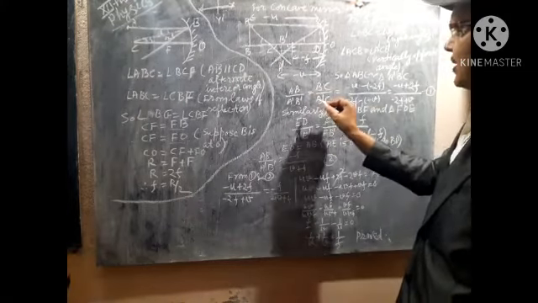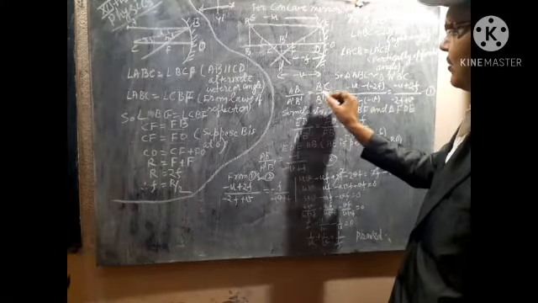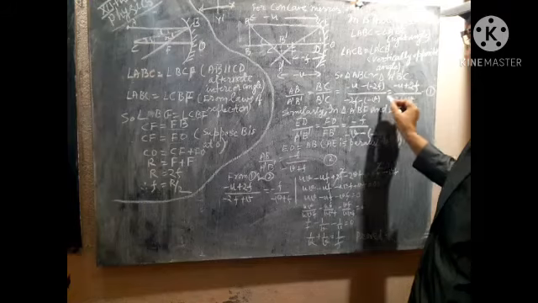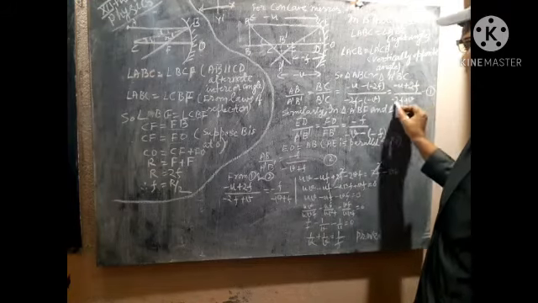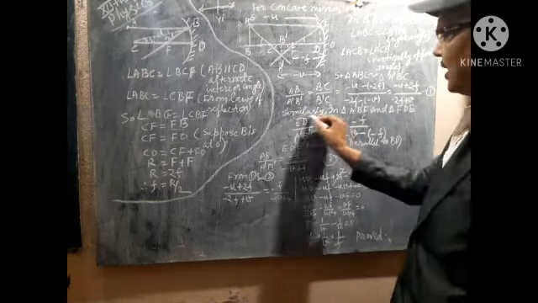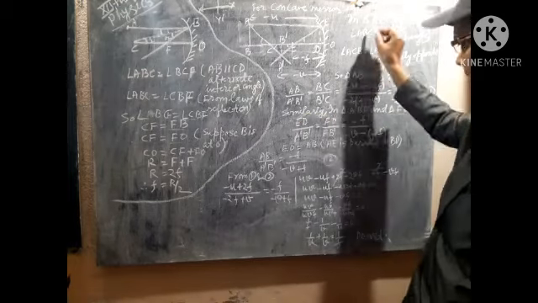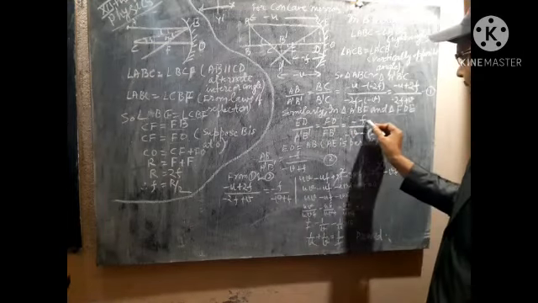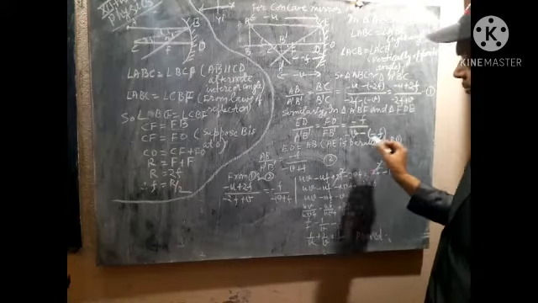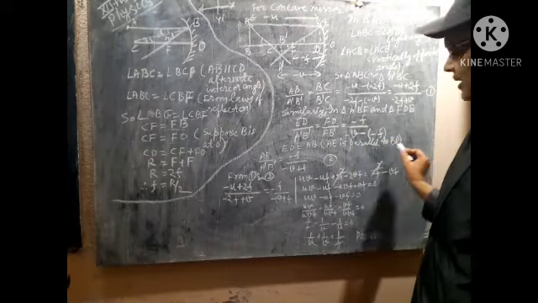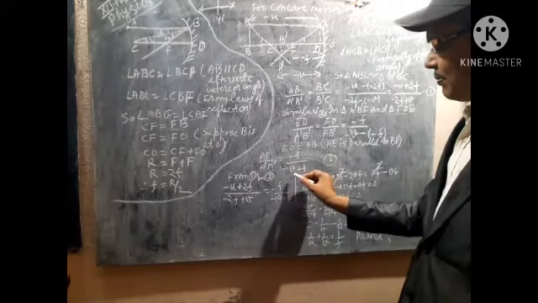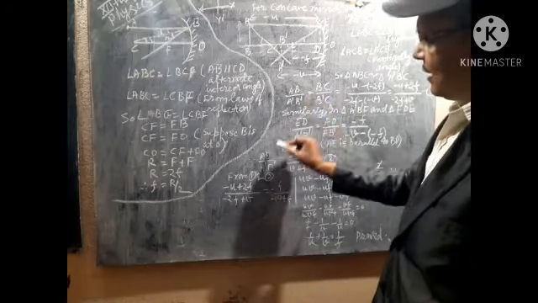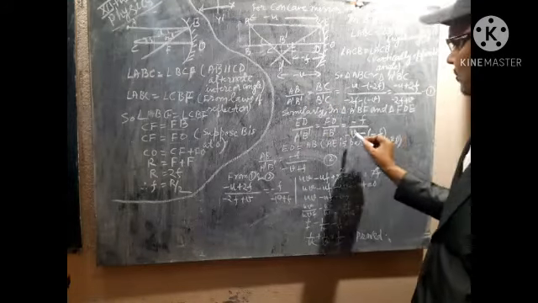AB by A'B', here you have the relation AB by A'B' equals BC by B'C, that is minus u minus 2f over minus 2f minus v, and that is first. Similarly, you may write ED by A'B', FD by FB' is equal to minus f over minus v minus f. ED is equal to AB, AB is parallel to BD. AB by A'B' equals minus f over minus v plus f, that is second. From first and second, you are observing that the left sides are equal, so certainly the right sides will be equal.